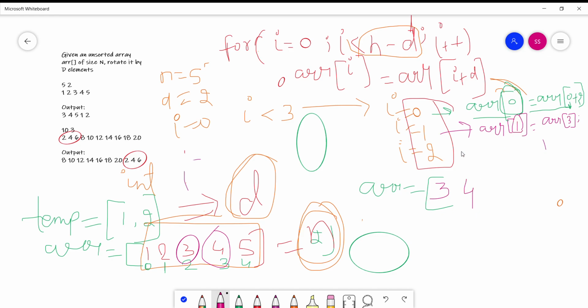Now what will happen? Whenever the value of i is equal to 2, arr[2] is equal to arr[4]. It means the element at the fourth index will be copied at the second index. Now this loop will be executed,